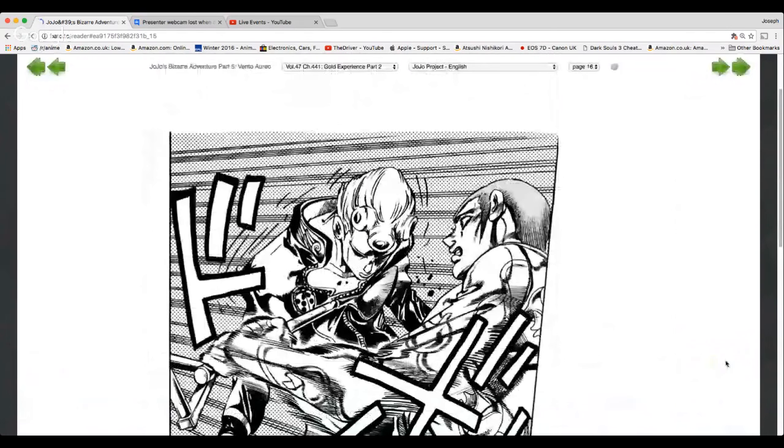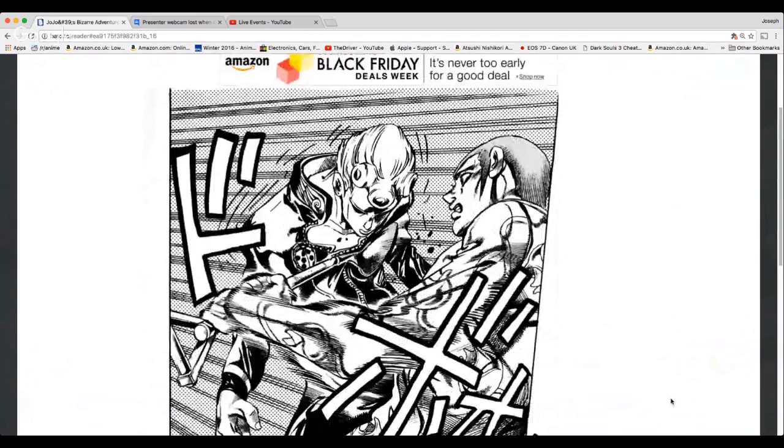Oh, and JoJo. Which one's the new manga scans? Because I need to know, just because I'm reading the wrong one. This one's a JoJo project one, so I don't know whether or not this is the newest one. It seems the newest one, I think. The hell if I know. I think it's the color scan one. That's the one I was looking for.